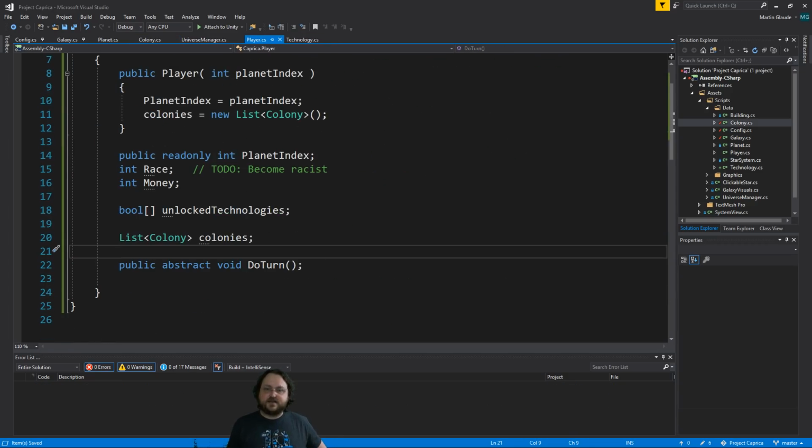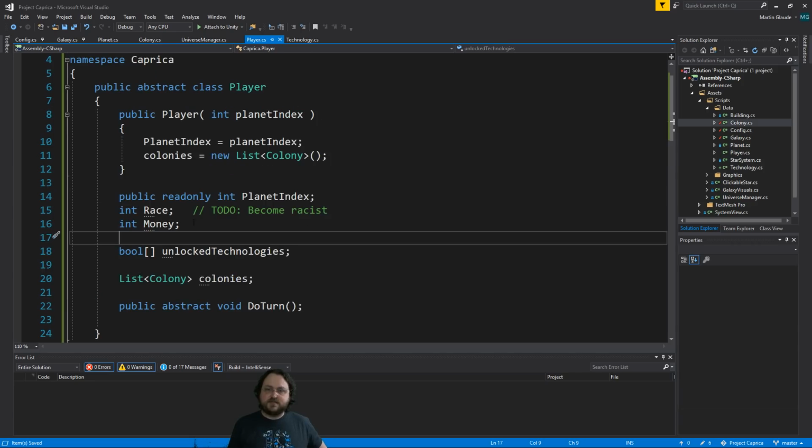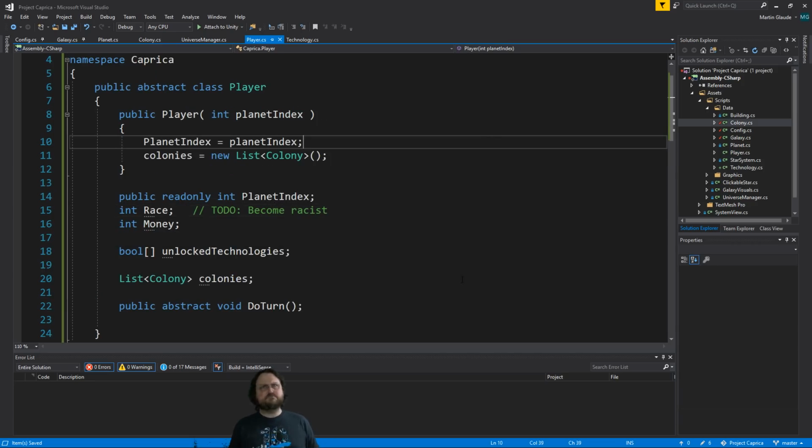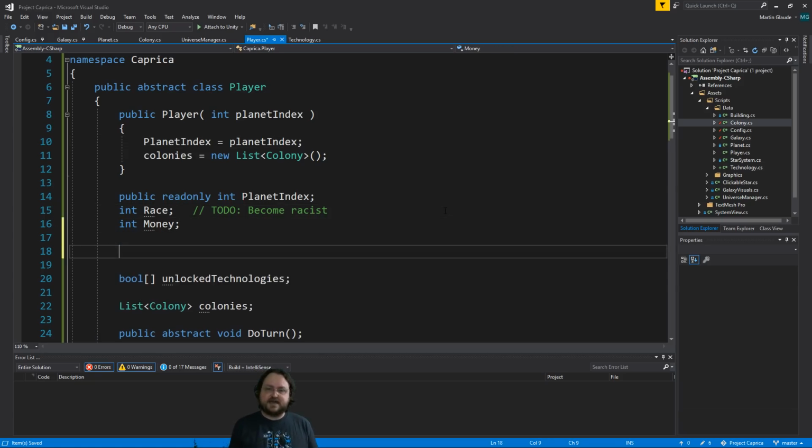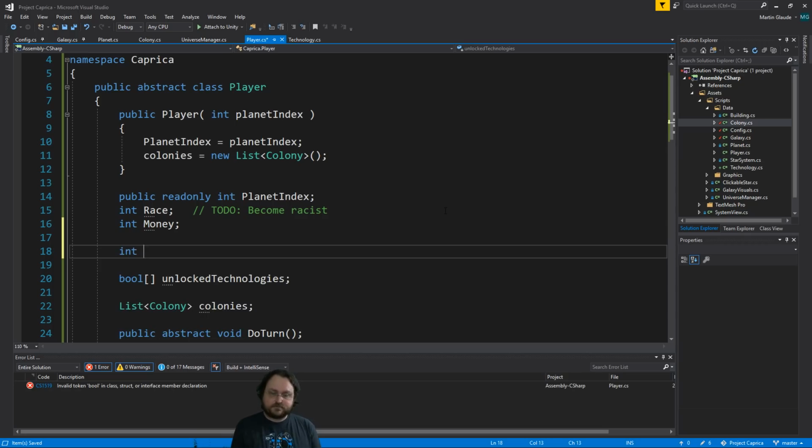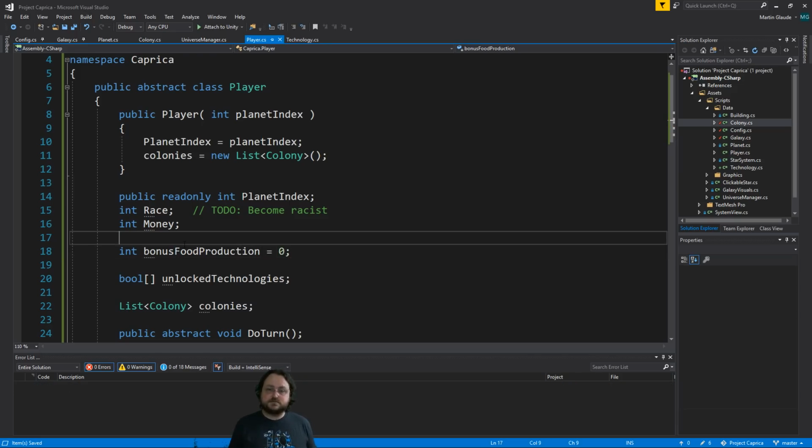So instead what we have here is the race is going to have some sort of base food production. Like most races in MOO, I think it's 2 food per person, but depending on your racial pick, you might do slightly more or less. Then in addition to that, we probably have some sort of int bonus food production, which starts at 0,